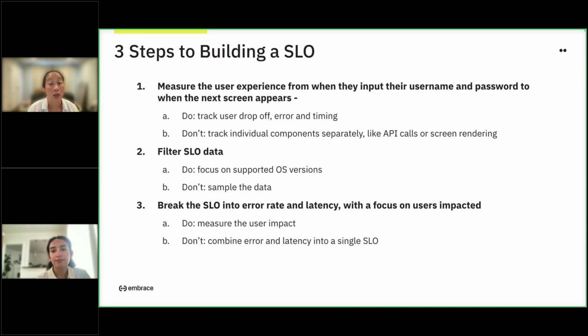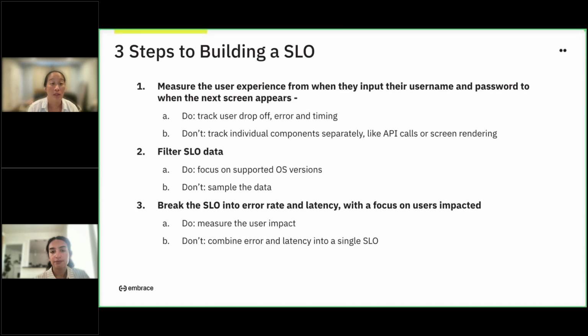Second is looking at the users. So 99.9% of users with completed logins are completed without error. And the last looks at latency. Of completed logins, 99% of logins finish within 2 seconds. These are numbers that we've just made up